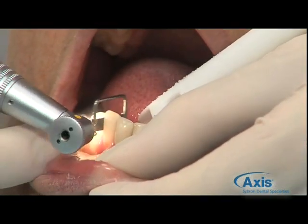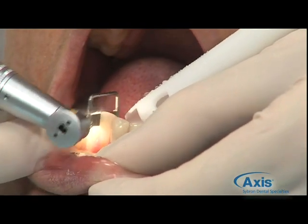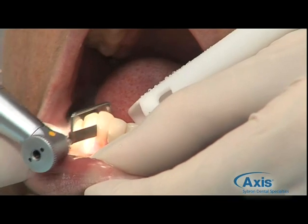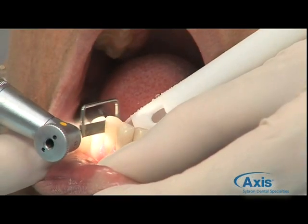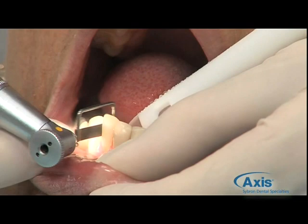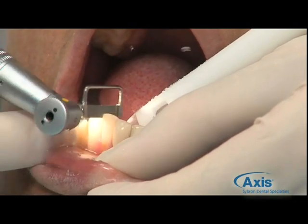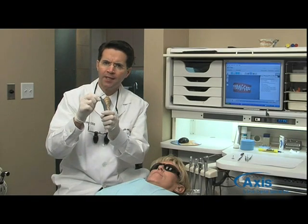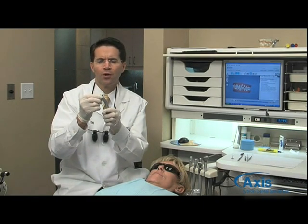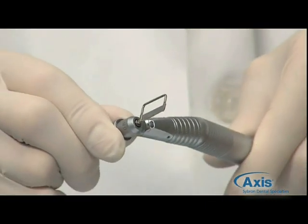Notice that I'm using the handpiece, moving it back and forth in a larger motion as though it were not reciprocating at all. That way I'm combining the larger motion and the smaller motion simultaneously. I use water on the handpiece so that it's washing and keeping the sawdust off of the abrasive strip. Notice also that by dialing the head, I'm able to put the ortho strip in whatever position is most convenient